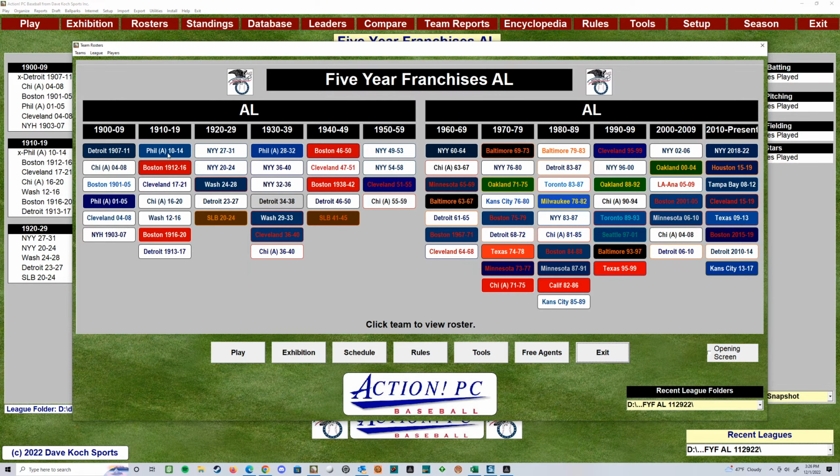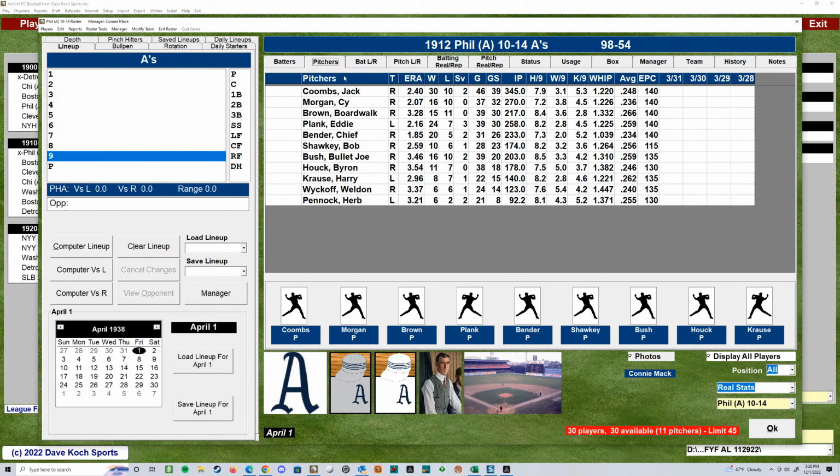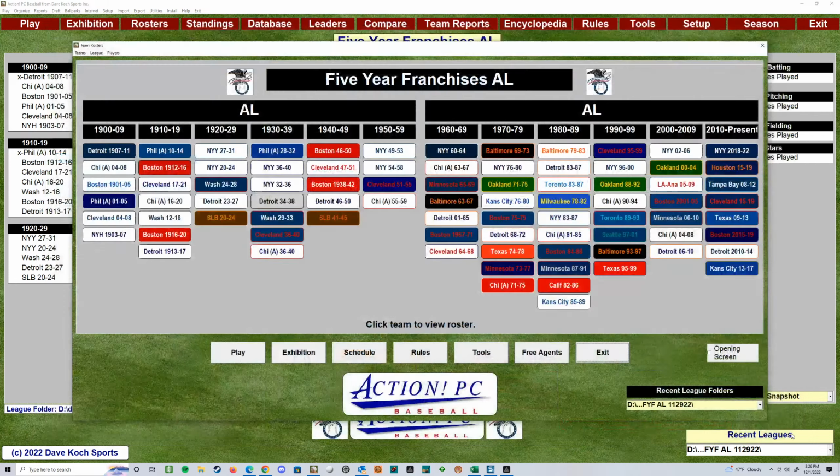And then another great team too here. Where's my A's? Philadelphia A's, this team right here. We'll look at some of these. You got a really fun team right here. This 1910 to 14 A's for me, having Home Run Baker there and OPS it. Yeah, Eddie Collins. Pitchers, some good pitchers with Eddie Plank and Coombs and Cy Morgan, Chief Bender. That's a fun A's team, man.